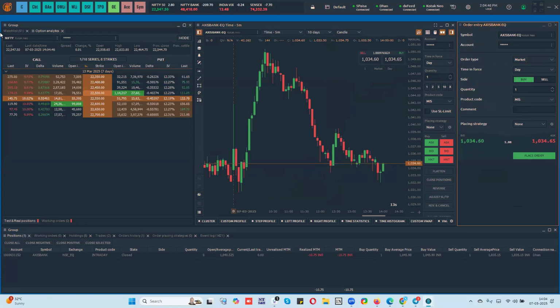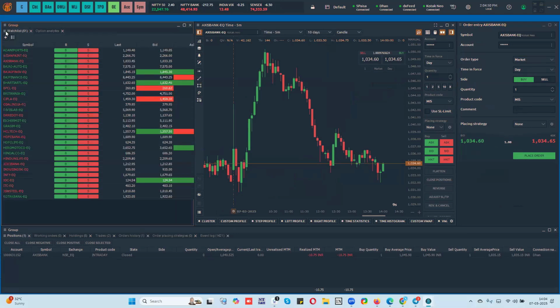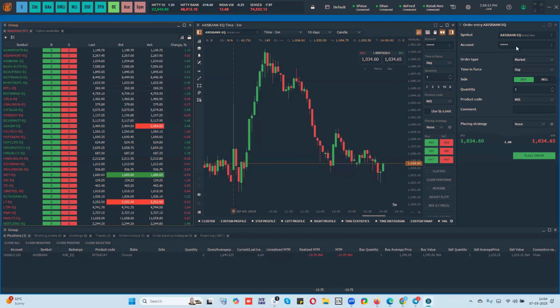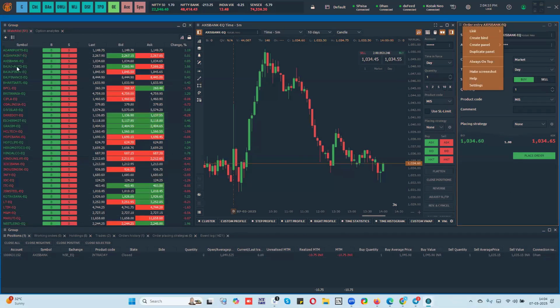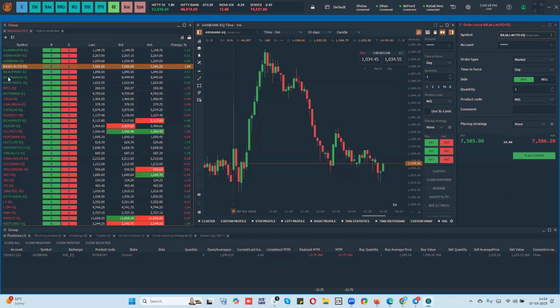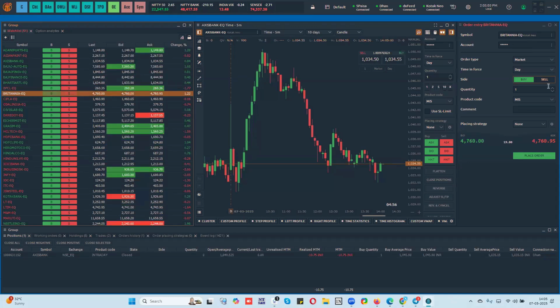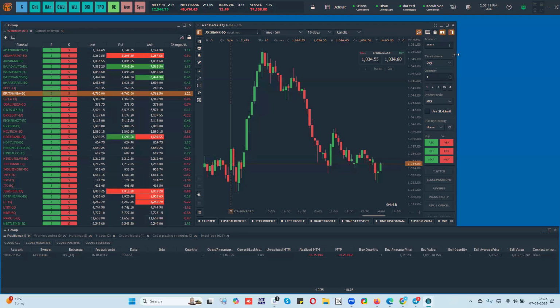For example, I link this to a particular watch list with the color red. Now, when I click here, the symbol automatically changes. So you can quickly place the order to buy or sell at market. So this is one way to place the order. I'm not going to stress more about that because it may not be the most convenient way to place the order.